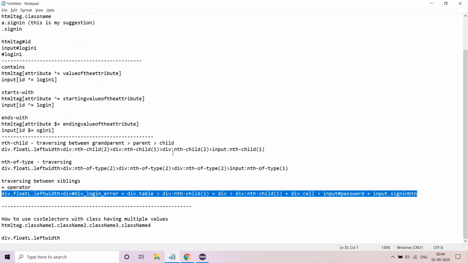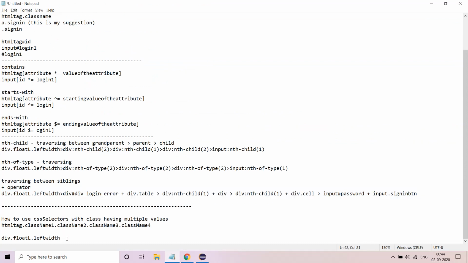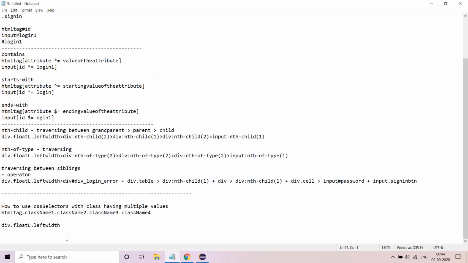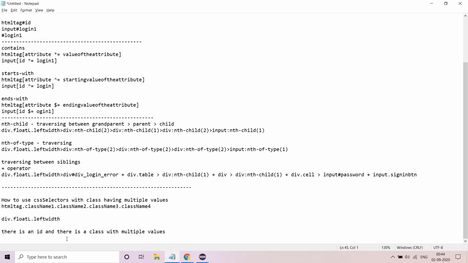There is one more thing which I forgot. I'm so sorry. Let's say, for example, there is an ID and there is a class with multiple values. In this case, you can write the HTML tag, hash ID, and you can directly write class name 1 dot class name 2 dot class name 3.